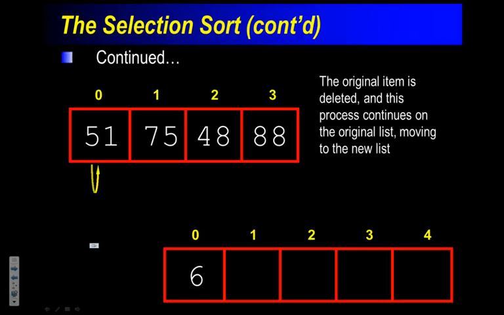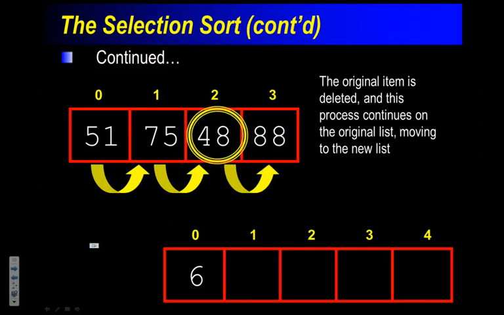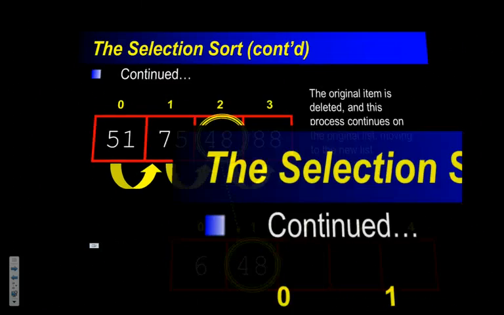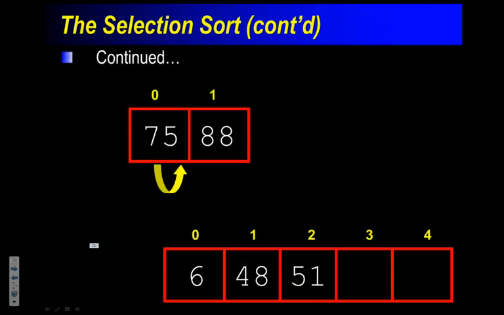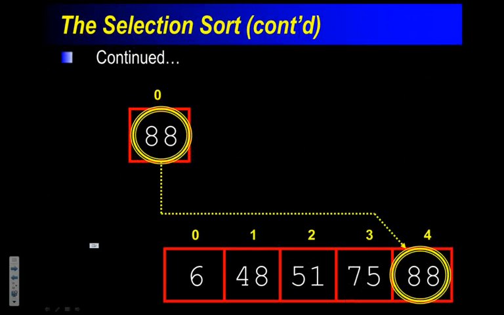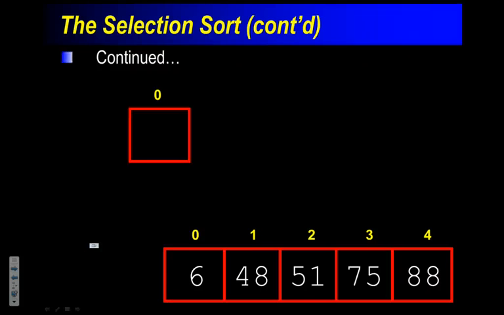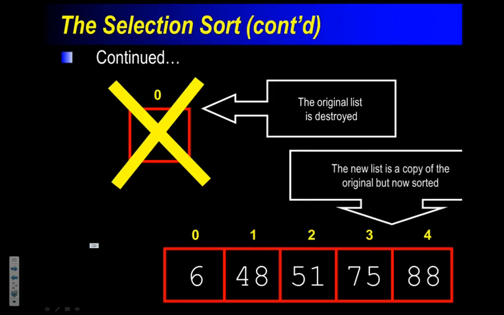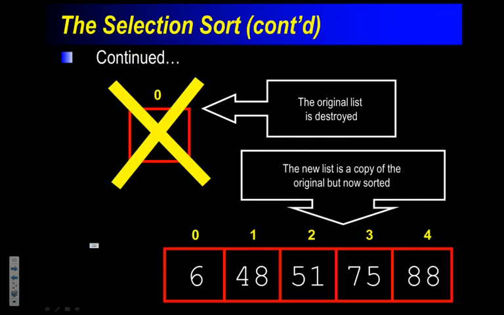But now I repeat the process. I look through, find the lowest item, copy it over, and I can continue this process, looking and copying, until there's nothing left in the original list. Once there's nothing left, I'm left with now a sorted new list. Okay? So this is how we're going to do it, but to do this, we have to make